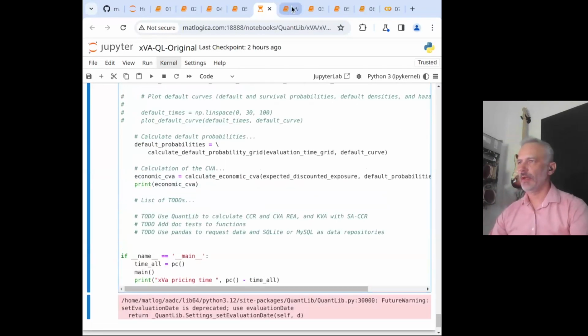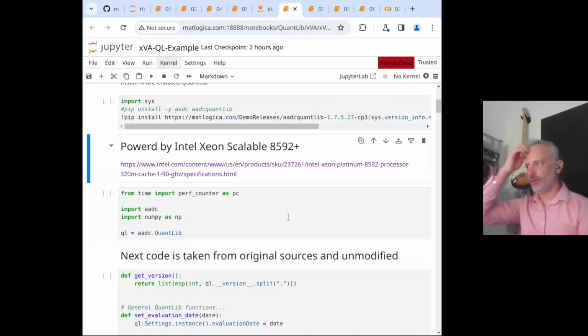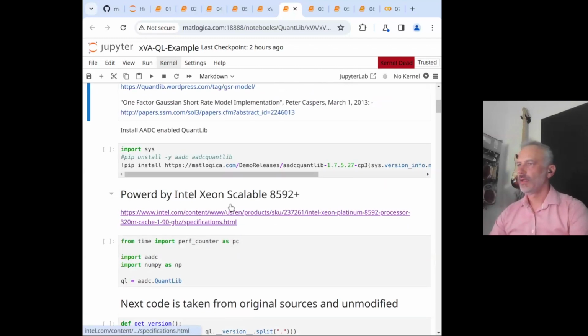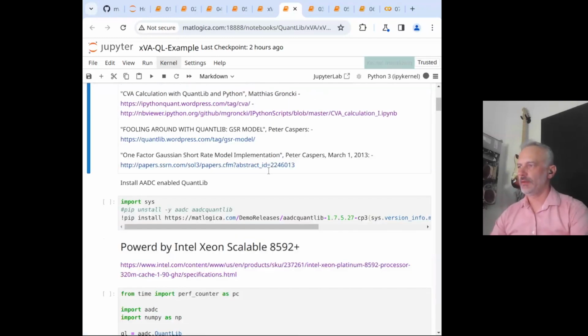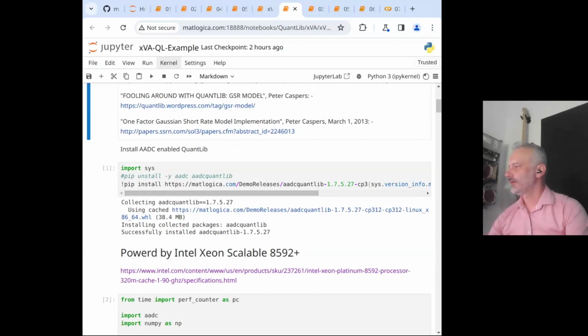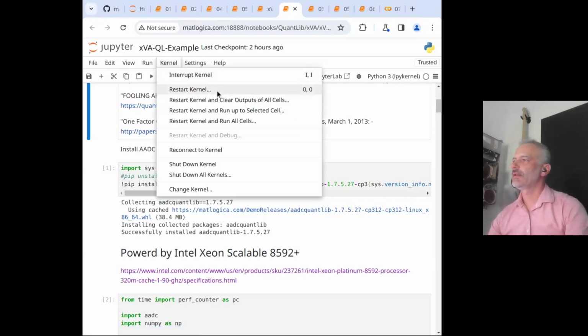So I'm going to keep it running, and I'm going to go into the ADC-enabled version of this Jupyter notebook. Let me see, hold on a second, I probably need to just start this.